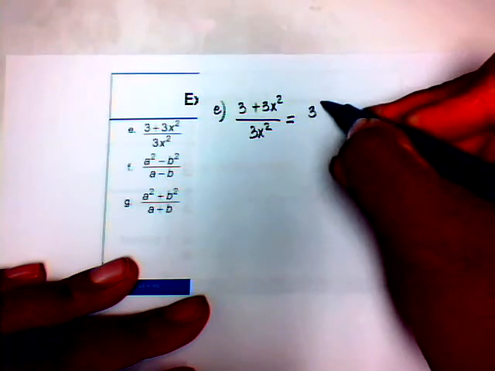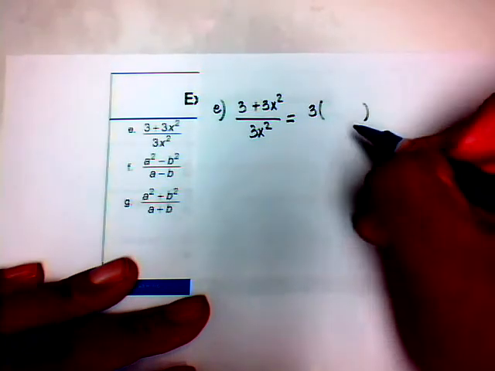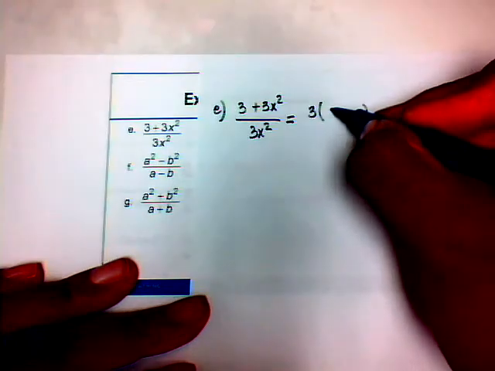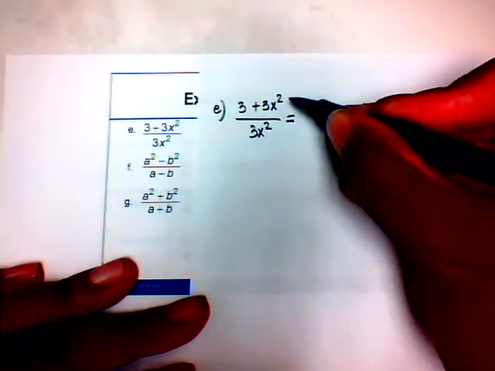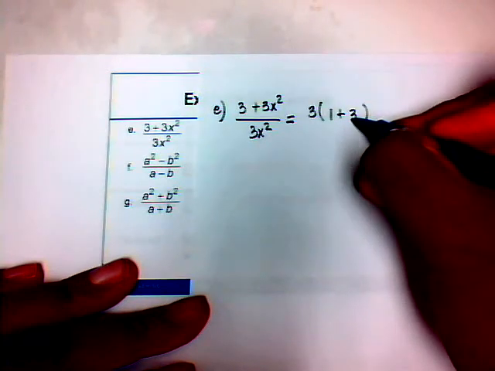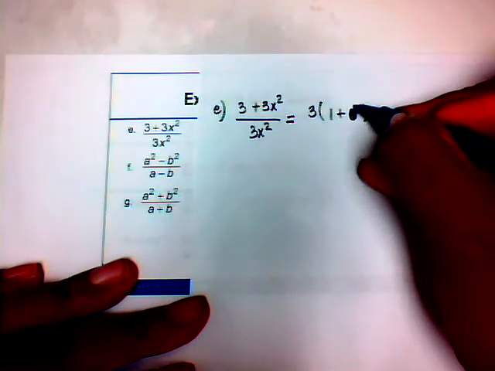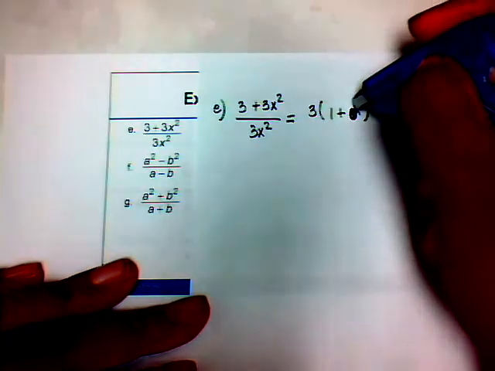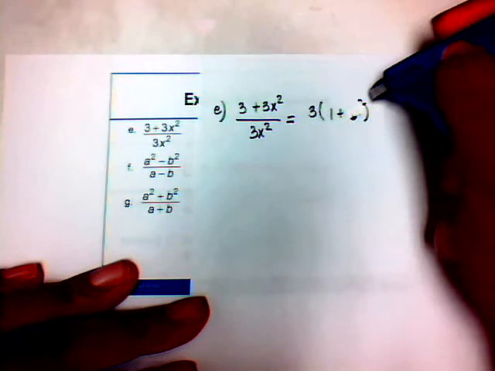So 3 can come outside the parentheses. Then 3 divided by 3 is 1, plus 3x squared divided by 3 would just be x squared. So this will be 1 plus x squared,